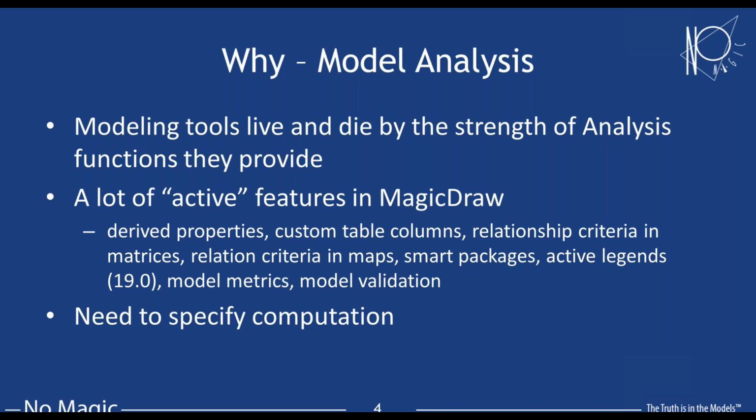And over time MagicDraw has grown, and it has employed a lot of these active, so to speak, features. Wherever something is calculated and shown which is not direct model information, but some derived modeling information. So as I've already mentioned: derived properties, custom table columns, relationship criteria in the matrices, dependency relation maps, relation criteria in relation maps, smart packages, and active legends, for example. This is a new feature which we'll have in the upcoming 19.0. Also model metrics, and sometimes model validation can also employ these